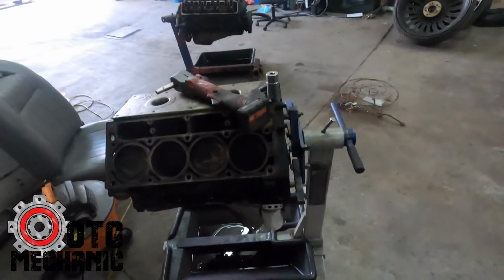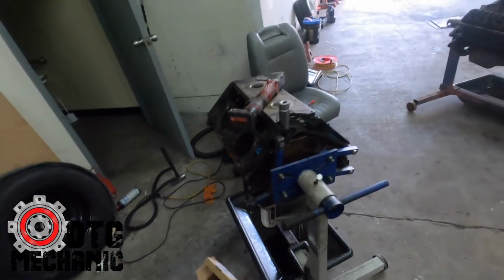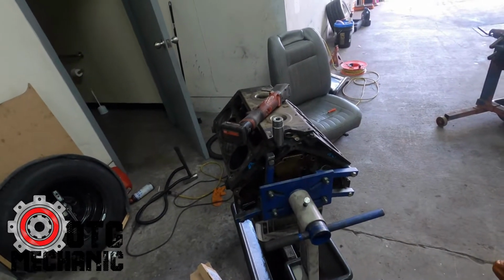So I've been sitting on this motor for a few months. I've had it for a couple months. Trying to decide what I was going to do with it, if I was going to rebuild it, if I was going to swap it into the Impala. I wasn't sure what I was going to do. So I decided,